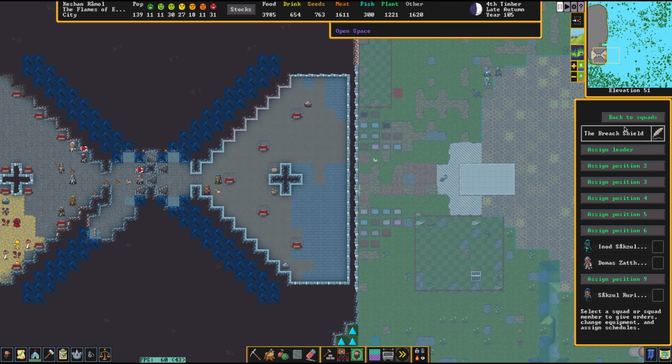And I think what we're going to do is actually go through and release everybody else but the squad leaders. So this is going to be a massive overhaul of everything we do, which means our military is going to be way, way weaker. And we've got to remember that. We're going to have to play much more defensively. Going to remove everybody from here. And let's see about